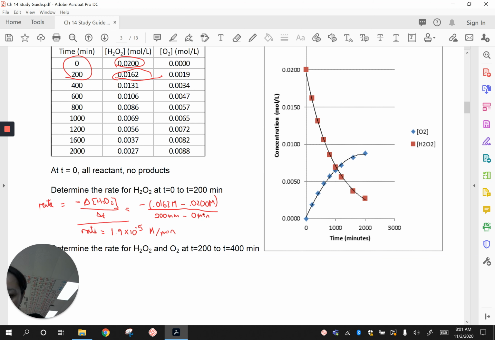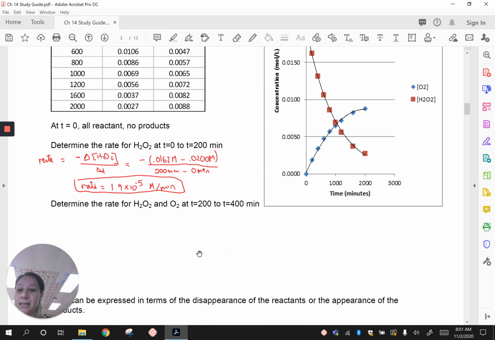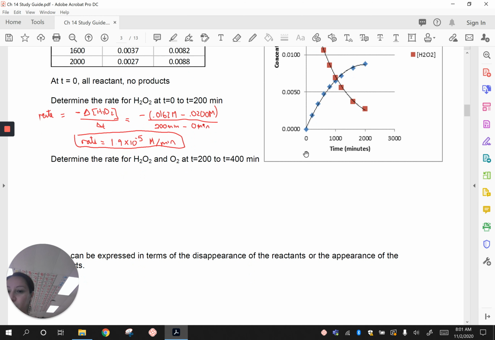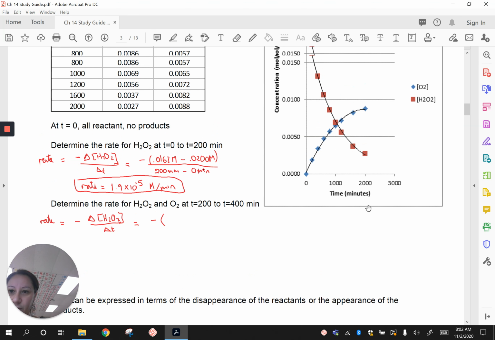So that means every minute we use up this much hydrogen peroxide. Okay, let's look at from 200 to 400 minutes, and we're going to look at it with respect to the hydrogen peroxide, which is a reactant, and then also with respect to the oxygen, which is a product. So let's start with the hydrogen peroxide. So we're going to say the rate is equal to negative change in the H2O2 concentration over time, just like we did earlier. So negative, and then for 400 to 200,